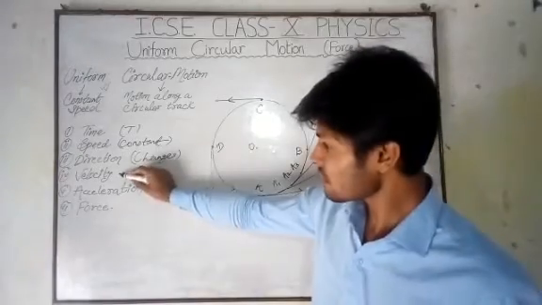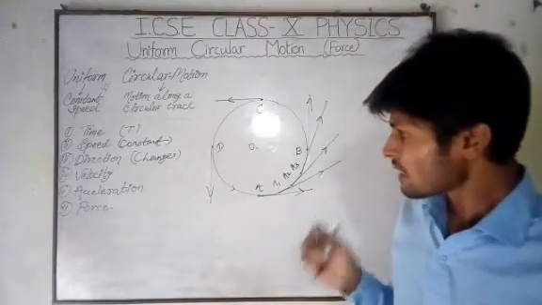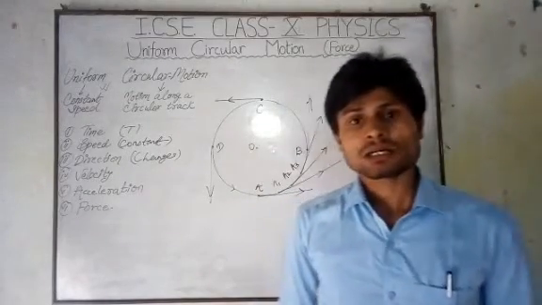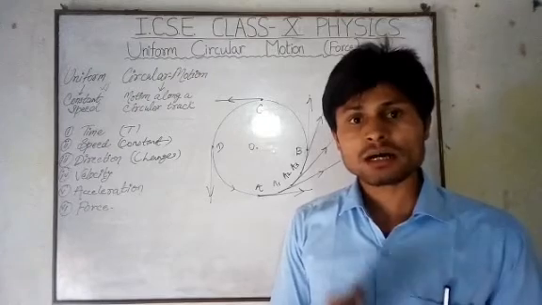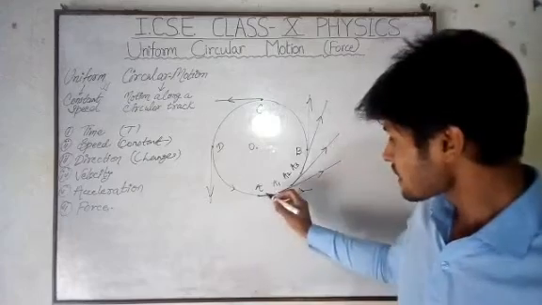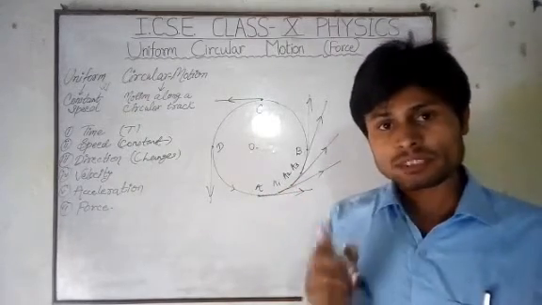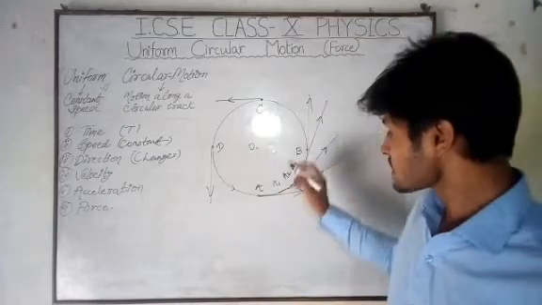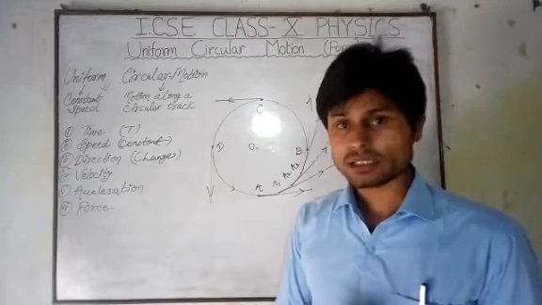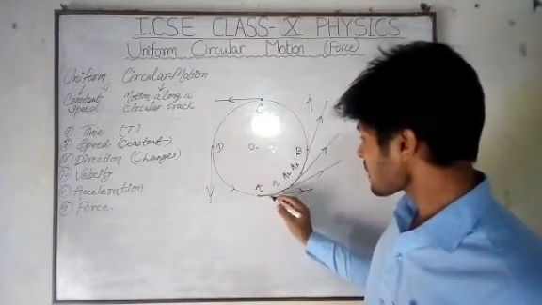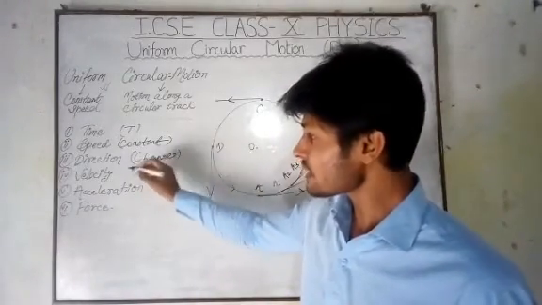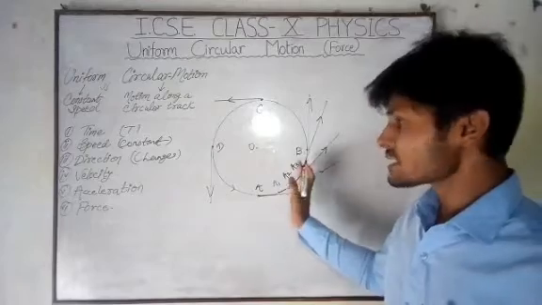We will now study the term velocity. We all know that the speed of the particle along the circular track is constant, but velocity is a vector quantity, where we consider the magnitude as well as direction. The particle moves with constant speed, so its magnitude is the same, but its direction changes at every point. That means its velocity is continuously changing its direction, and so there is a change in velocity.